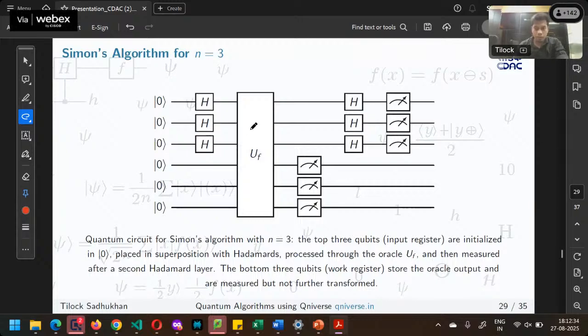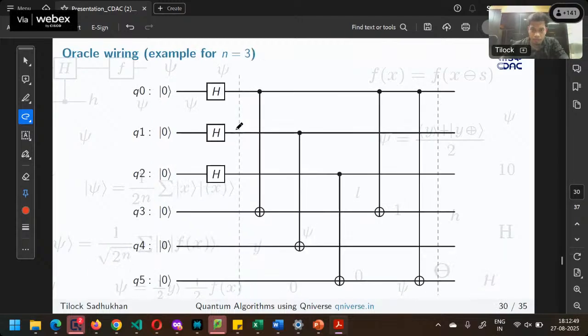Now, one major aspect of this algorithm is how to design the oracle. There are many ways it can be done, and I have tried to explore this way only. So you see, if I apply a set of CNOT gates, just like this combination,